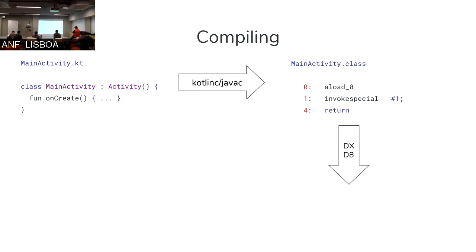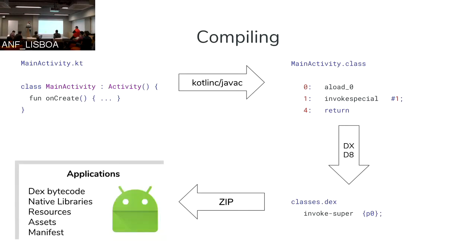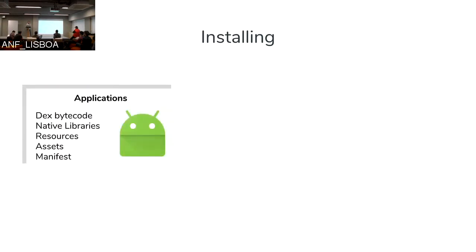Then, still on your computer, it goes through a DEX compiler, like DX or D8, the new thing. And it turns it into even different bytecode. So the code you write is transformed twice, even before leaving your computer. Then it goes through a zip file, and it's zipped together with your resources, libraries, etc., and you have an APK. But then what? Then we have to install it on the device. And installing is a